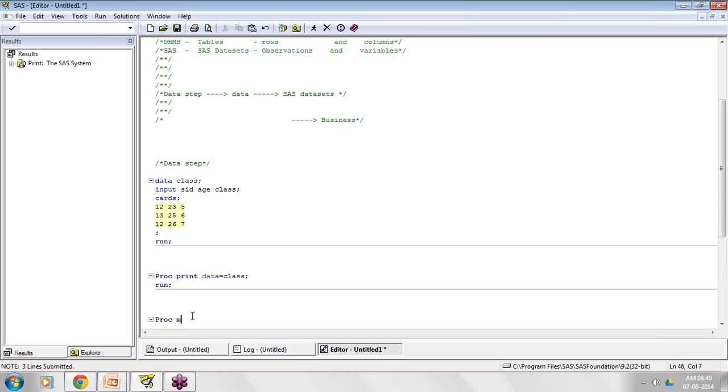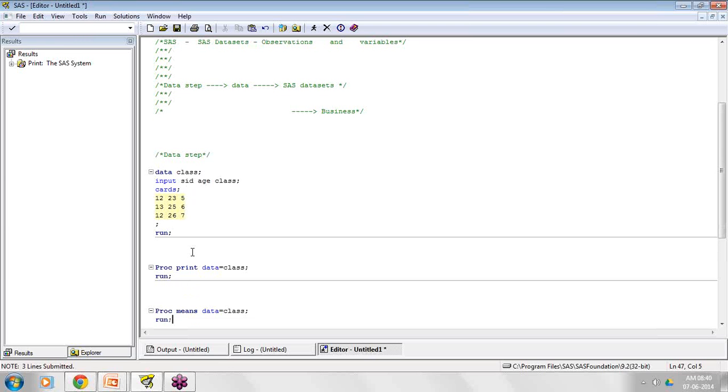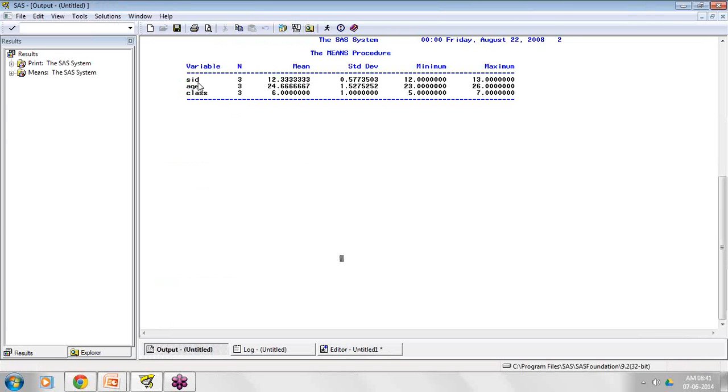For that, SAS has a built-in procedure: proc means data equal to class, and then I execute the run statement. The moment you execute run, it will start showing results for student ID.